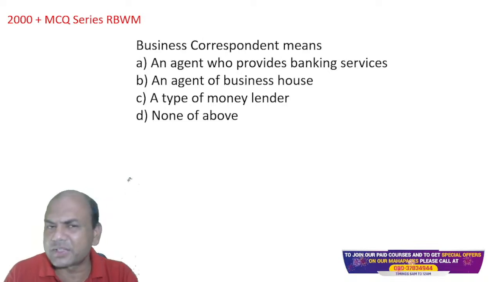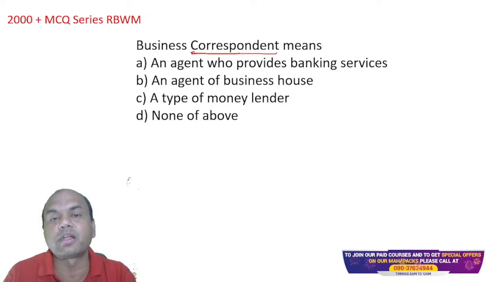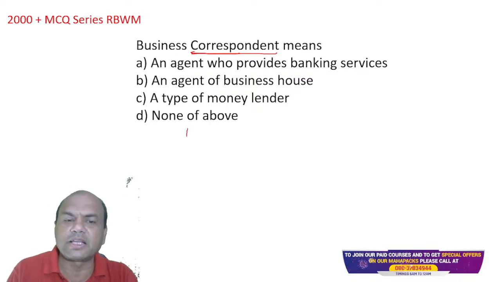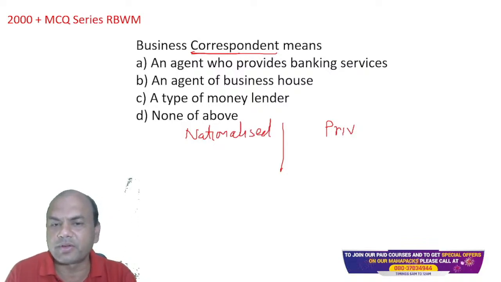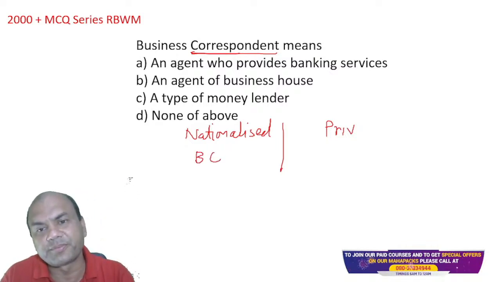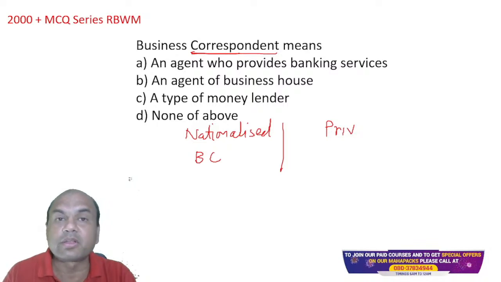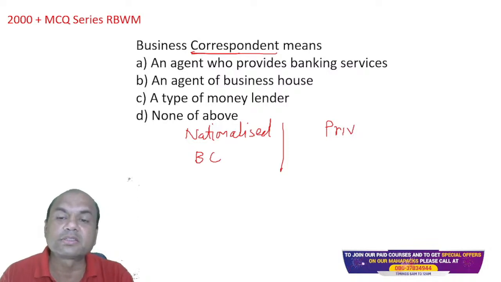Business correspondent means, that's why I said difficult level questions are coming up. What is a business correspondent? You all have BCs now in your banks. Here, nationalized banks, I'll just write N over here, and second is private banks, P. Because N and P don't signify anything, nationalized and second is private, let's keep this private. So nationalized banks have BCs, business correspondents. These are private agencies basically. Similarly, private banks have what? Similar to BCs, they have what? There is one word. What is that word called? Private banks.